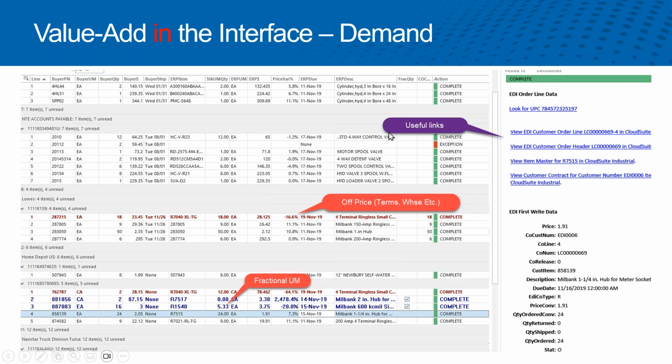So this is just what I showed you. We'll give you links into the Sightline application. We'll show you colors when things are off. This order actually went in because we have a tolerance saying, you know, if it's not 20%, we're going to take it. We could say 5%, but you'll see